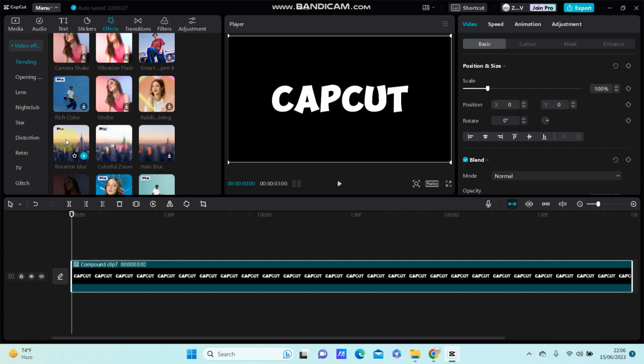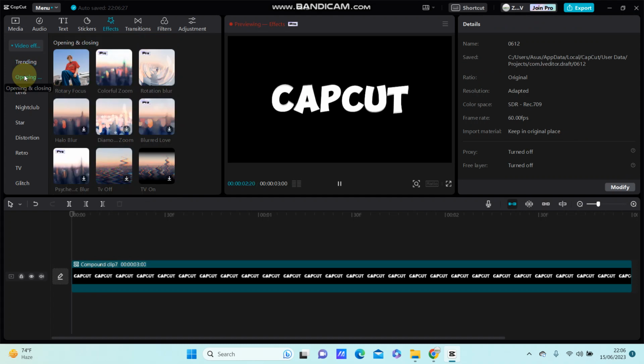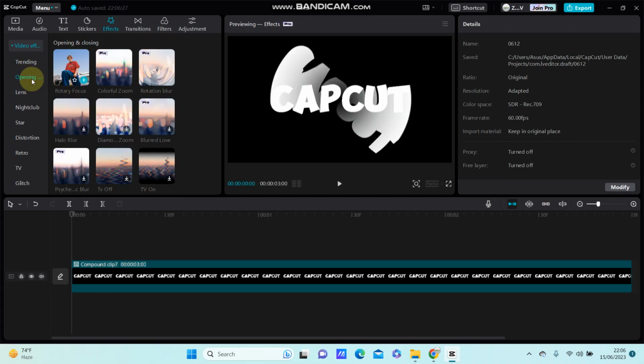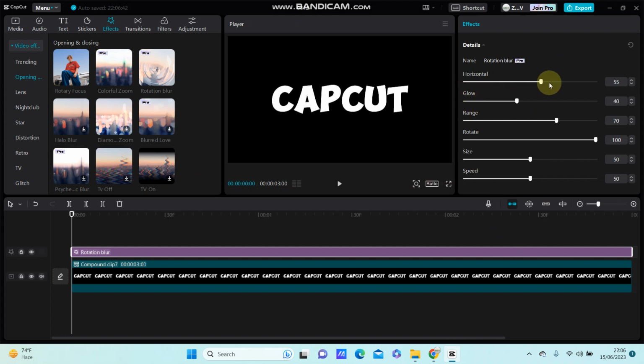Okay, you can select the rotation blur here, the opening and closing. Here's rotation blur, just add it, right? And you can change the option right here,